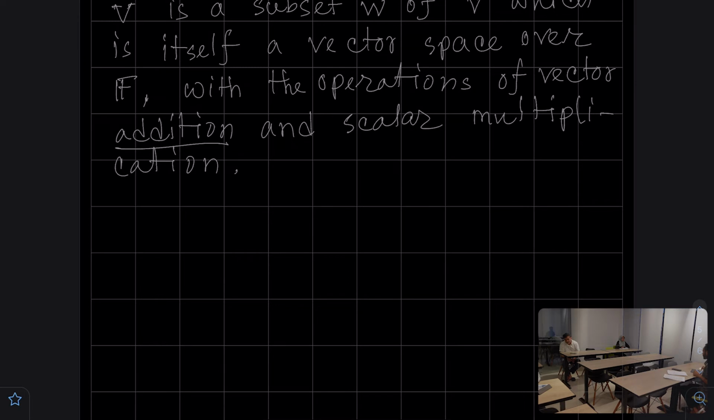These three conditions, if you show that these three conditions are satisfied by the subset W, then you can say that W is a subspace of the vector space V. So again, there is a theorem, and the theorem is